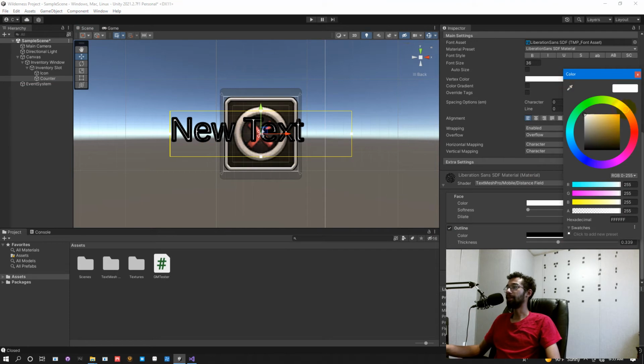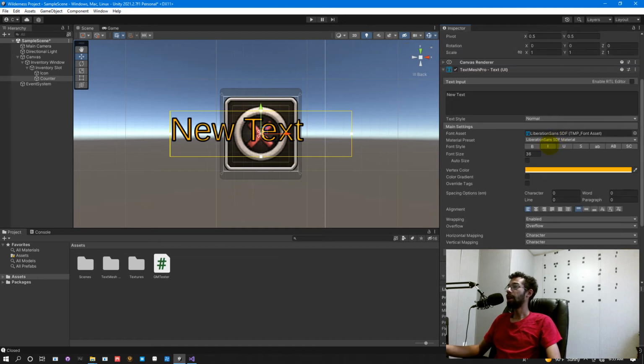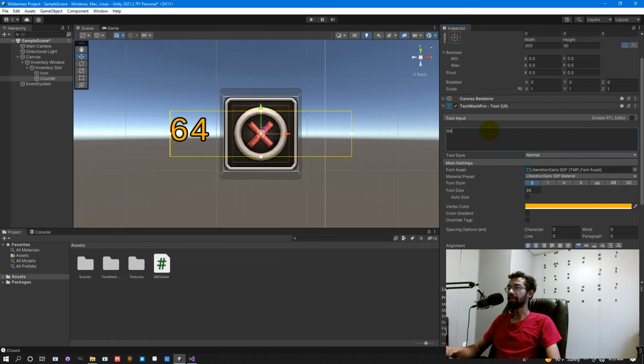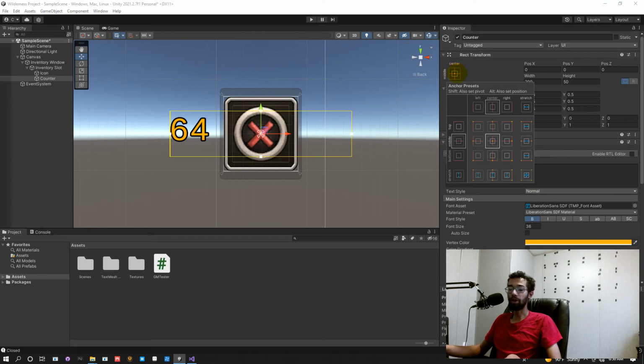And I'm going to also just bring this over, change the color, maybe drop this down to a 0.2. Yeah, 0.2 looks good. We're going to set this to bold, and we want to change the text to like 64 because that's basically how much I want people to be able to collect, or the maximum that I want people to be able to collect. For the anchor point, we're going to hold down Alt and we're going to select the stretch on